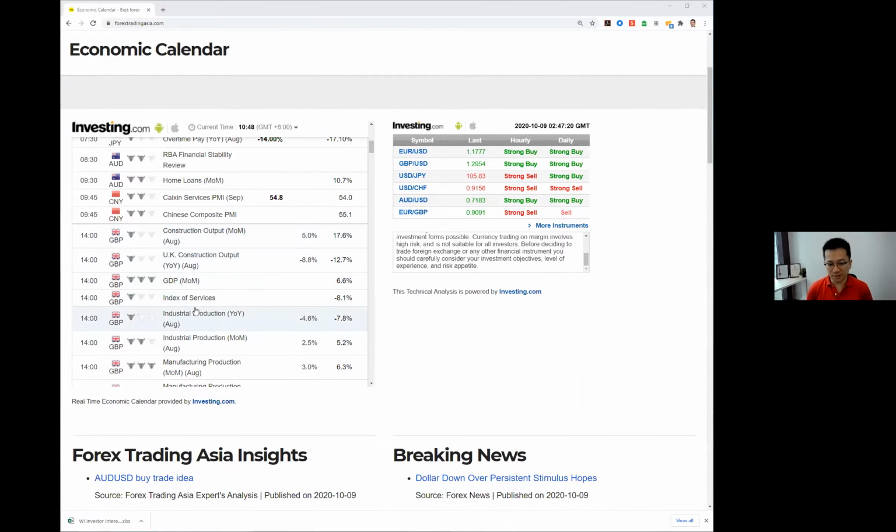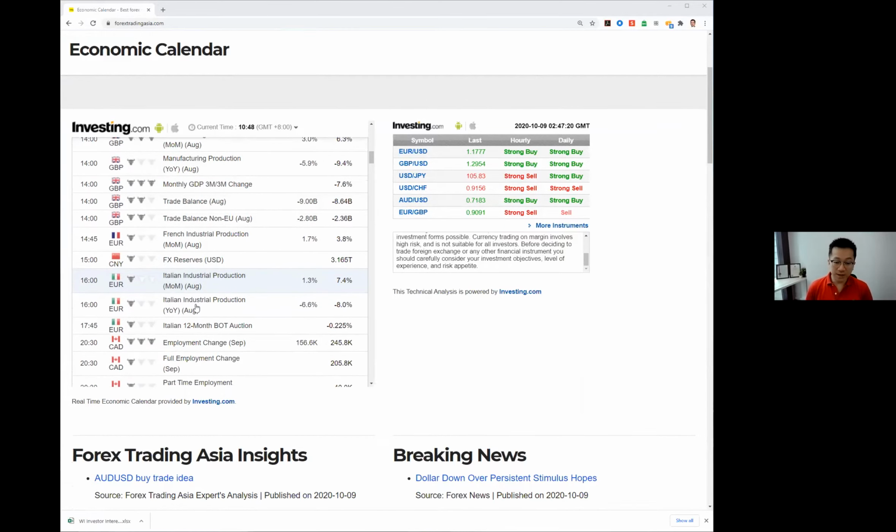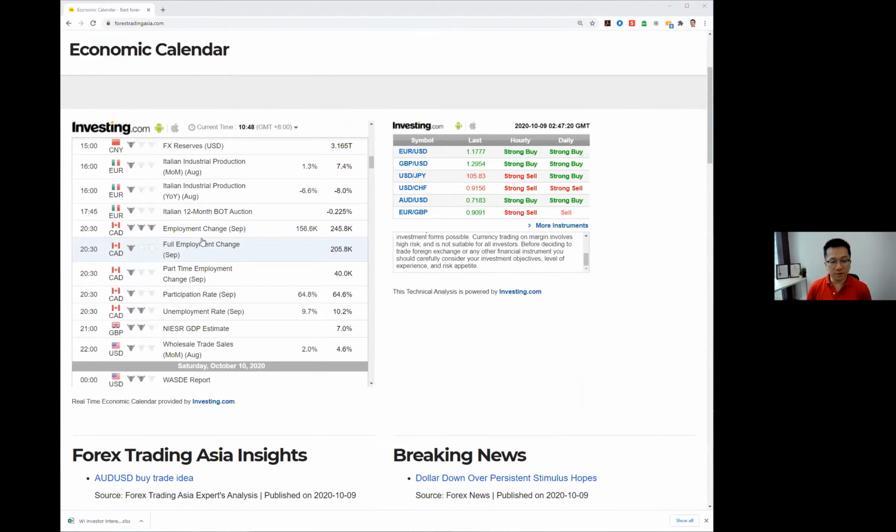We had some pound news today, but the main thing you're going to focus on for tonight is the employment change numbers for the Canadian side. Was 245K, expected 156K. I do think that it might come out quite strong. Maybe about a 120. Oh no, actually a 160, a good number coming from employment change.